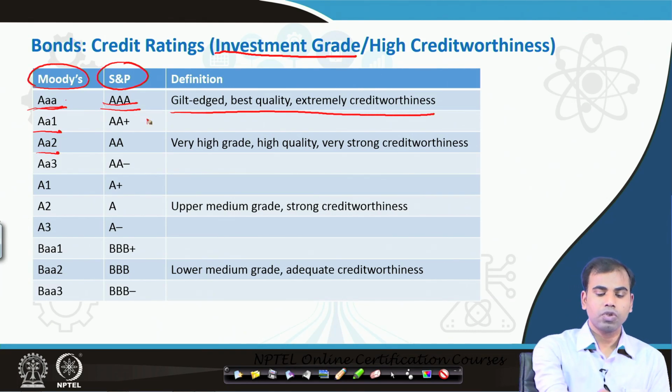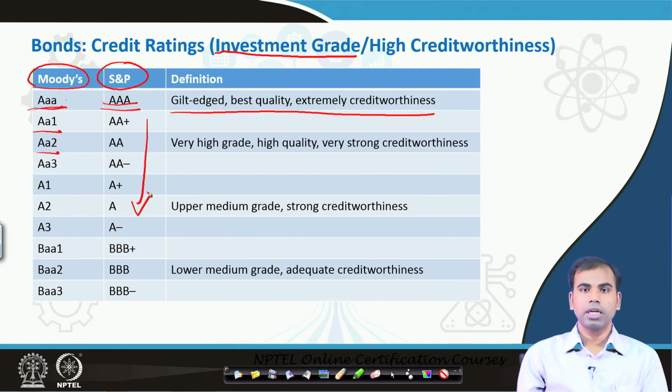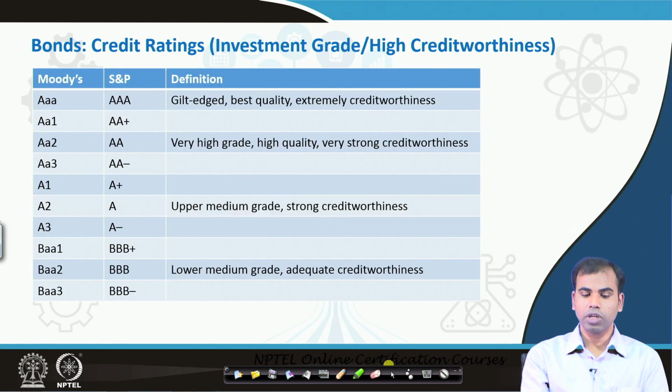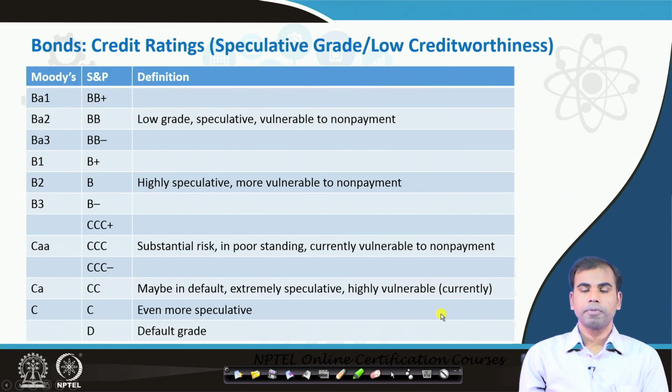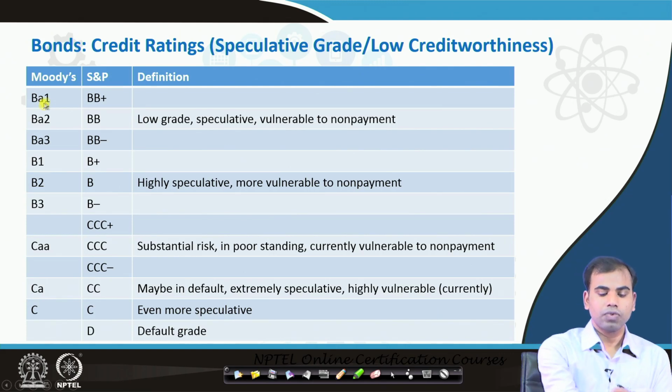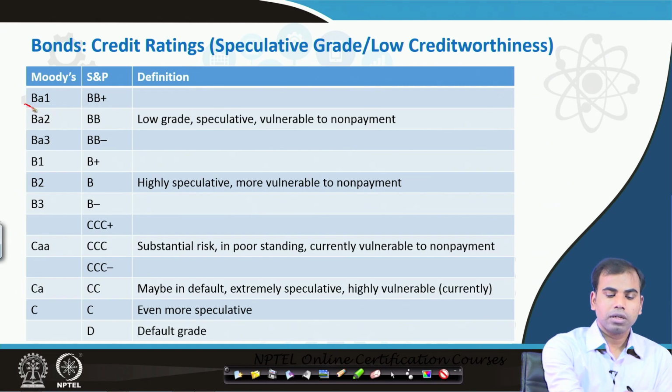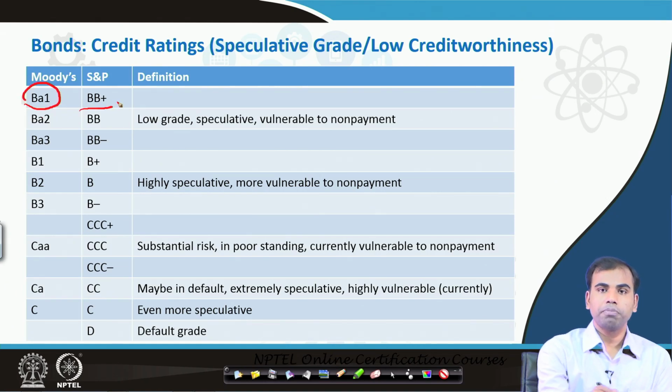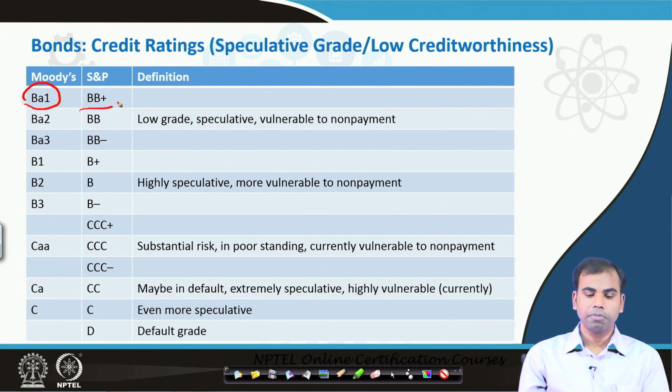These are the best rated or highest rated financial instruments for investment. As you move further towards other credit ratings, you see that the quality of instruments is decreasing with every rating given by either Moody's or S&P. And when we move on to the speculative grade of bond rating or credit rating of bonds, we see that it starts with Ba1 by Moody's or BB plus by S&P, and every rating has certain explanations associated with it,